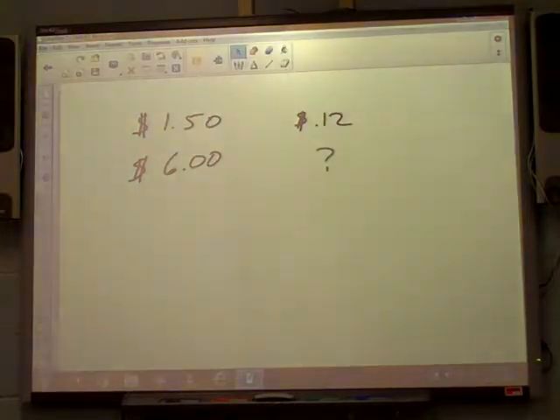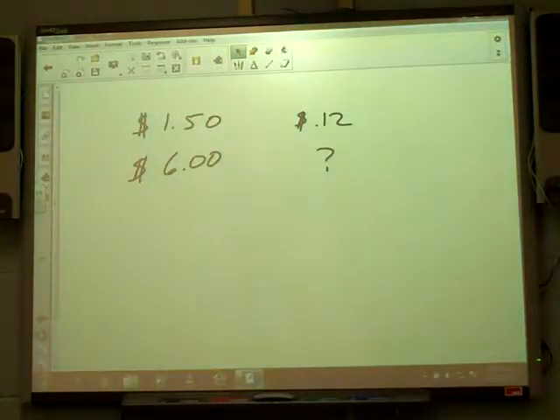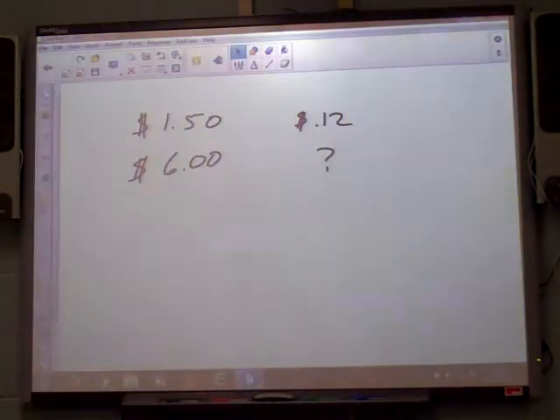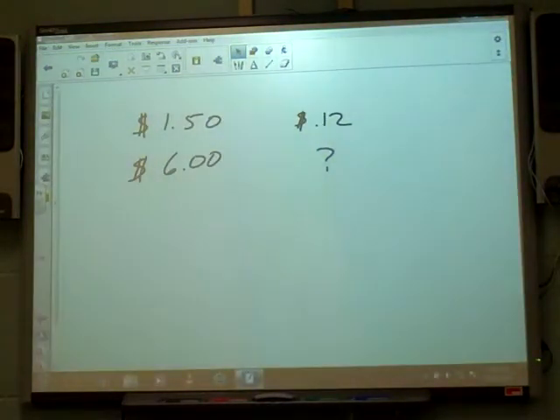That's where it ended up costing. That's what we usually do. So it means subtract $1.50 from $6. So that